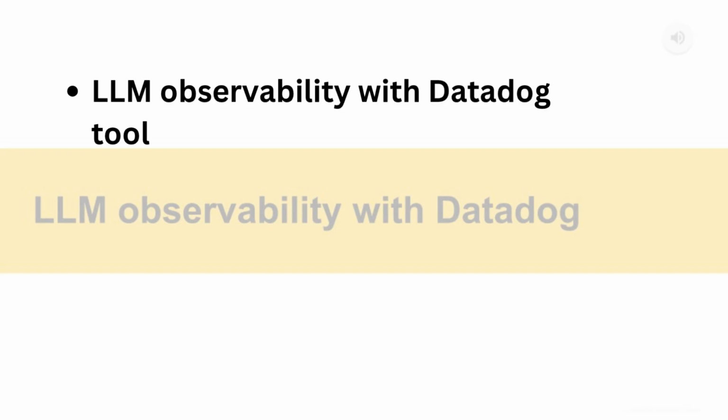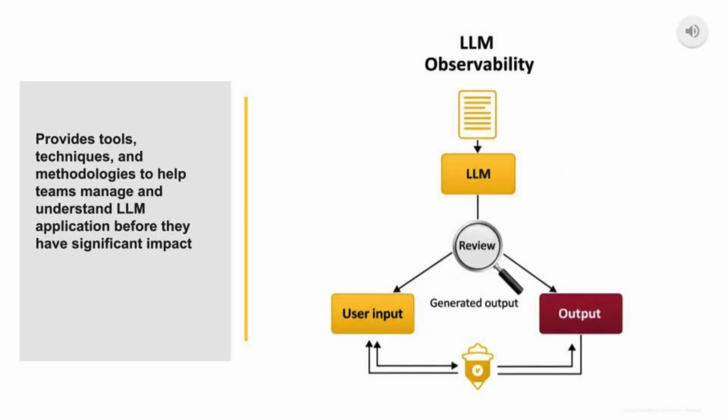Observability is the foundation for building reliable and trustworthy applications. And by the end of this presentation, you'll know exactly how to make that happen. Let's get started. Since the rise of powerful models like GPT, LaMDA, and Llama, generative AI has become deeply integrated